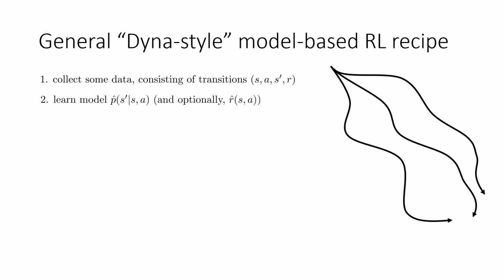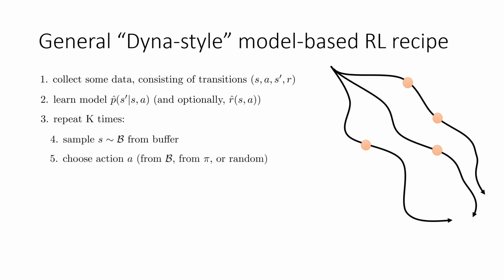Sometimes the reward model is known, but sometimes you have to learn it, and maybe you learn this for many gradient steps, or maybe you just update it for one gradient step. That's kind of up to you. And then do a bunch of model-based learning, where every step of model-based learning involves sampling some states that you